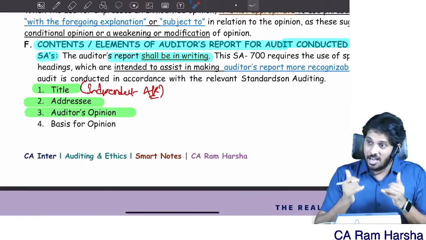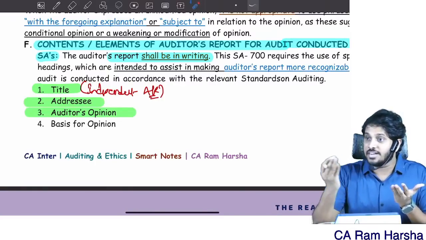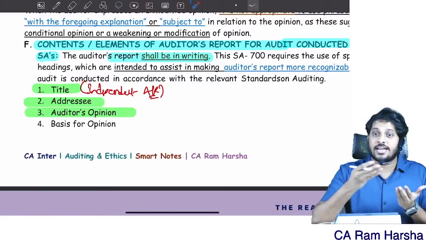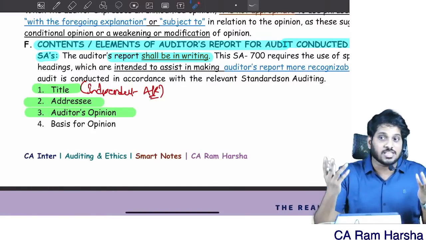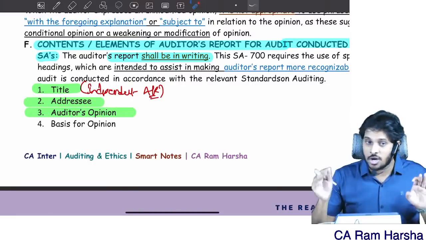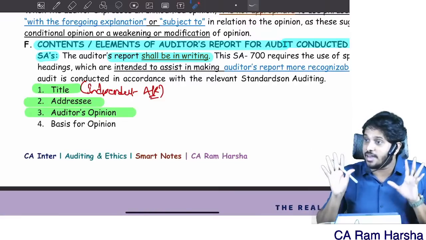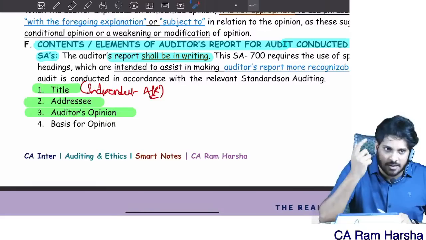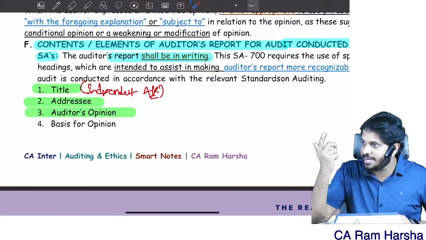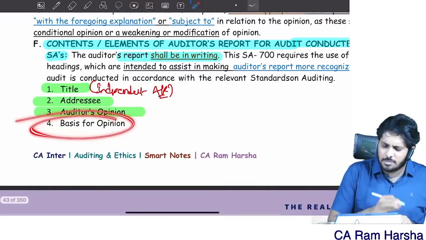No. I gave an unqualified opinion because everything is presented true and fair. Because wherever evidence I asked for, they gave me. All the items, accounting estimates are reasonable. Accounting policies are consistently followed. Changes in accounting policies are accounted and disclosed. Prior period items were correctly accounted. There are n number of reasons why I gave unqualified opinion. But there will be a specific reason why I will give qualified opinion, adverse opinion, disclaimer. Correct? Now tell me, suppose I gave unqualified opinion, what is the basis for unqualified opinion?